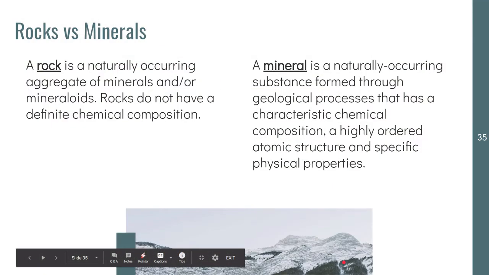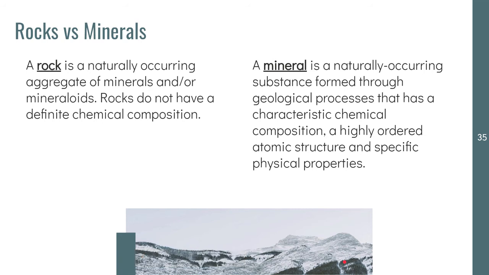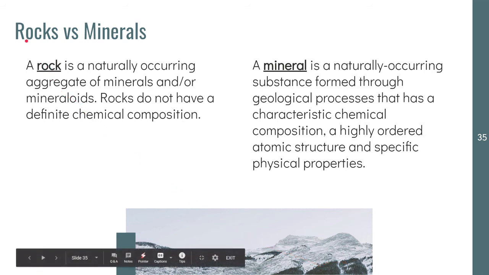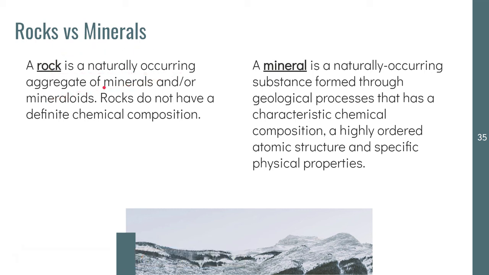Then, at this part, let's try to clarify some terms that you might be confused of. First would be rocks and minerals. So a rock is a naturally occurring aggregate, or combination of materials and mineraloids. Rocks do not have a definite chemical composition. Mineral, on the other hand, is a naturally occurring substance formed through geological processes, and they have a characteristic chemical